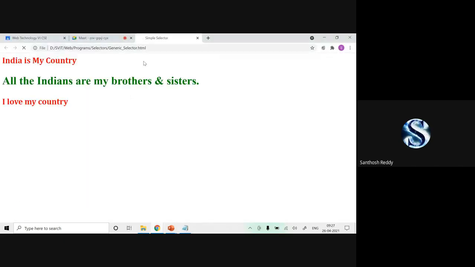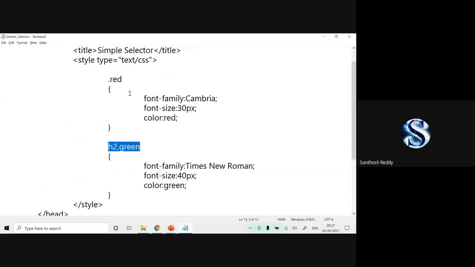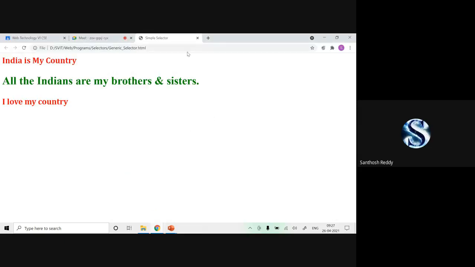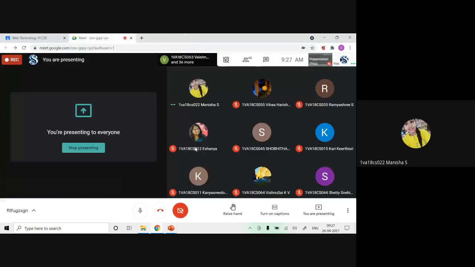I'm refreshing here, even though it has not changed. Same. Have you understood the generic selector? Yes, sir. Have you understood the simple selector? Yes, sir. Class? Yes, sir.